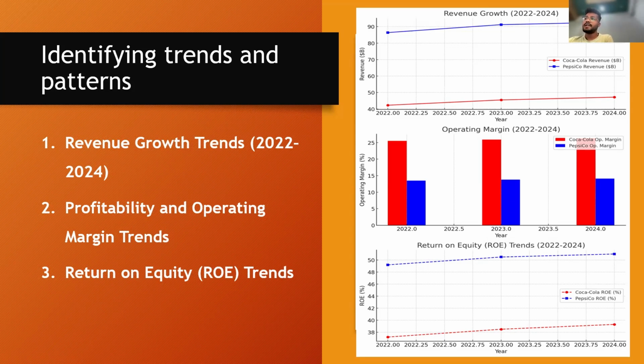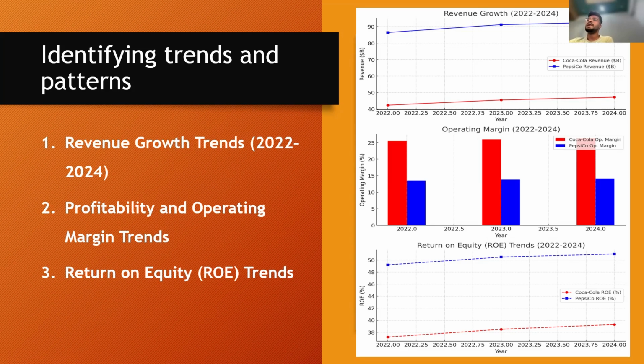Growth is driven by international market expansion, premium pricing strategies, and increasing demand for non-carbonated beverages. PepsiCo shows consistent but slowing revenue growth, rising from $86.4 billion in 2022 to $92.7 billion in 2024. PepsiCo's diversified portfolio contributes to revenue stability, but soda consumption is slowing in mature markets. In 2024, revenue growth declined by minus 1.5%, possibly due to weaker demand in North America.